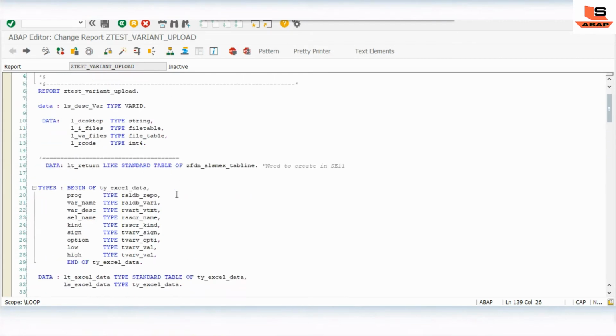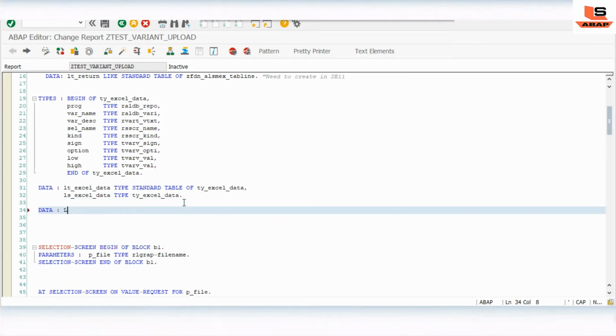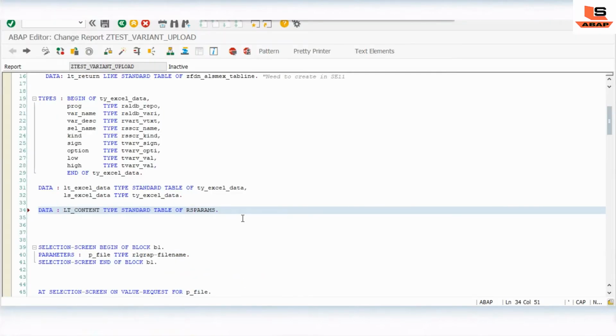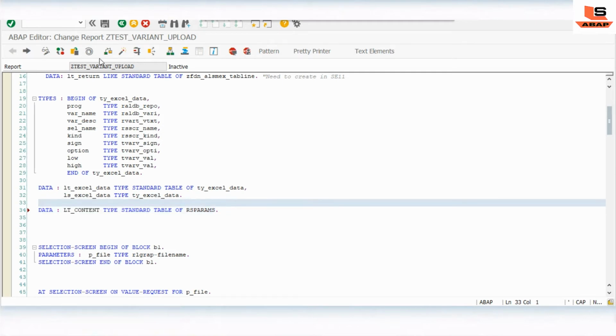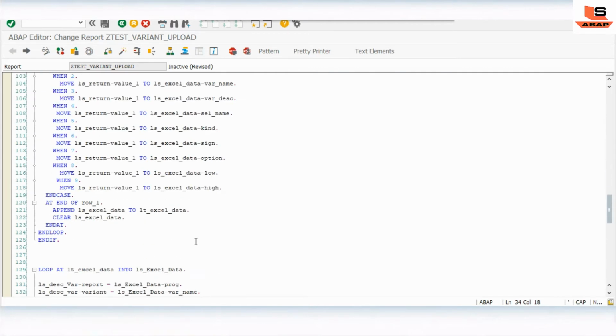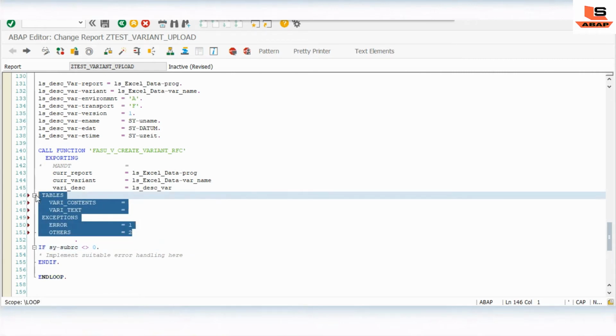Define data lt_content type standard table of the structure.